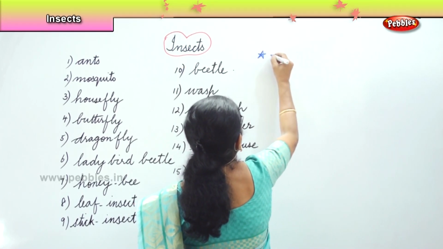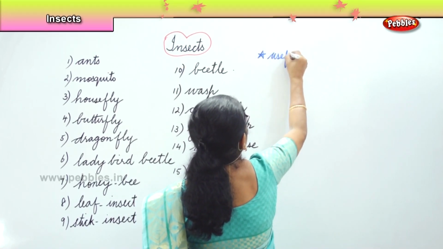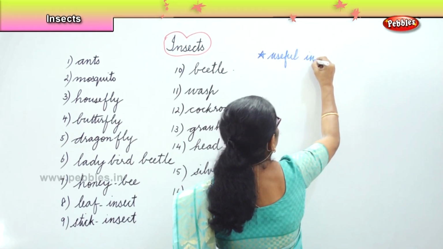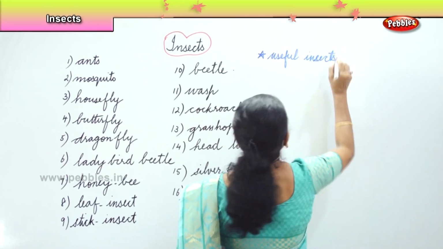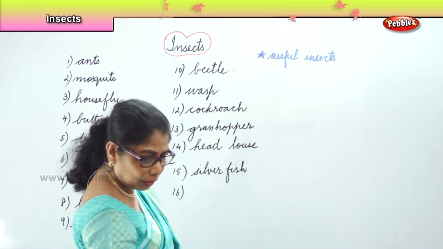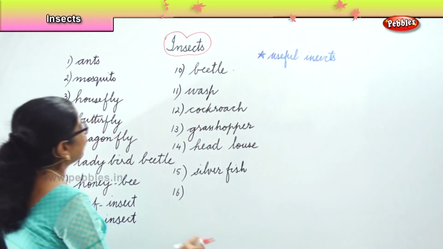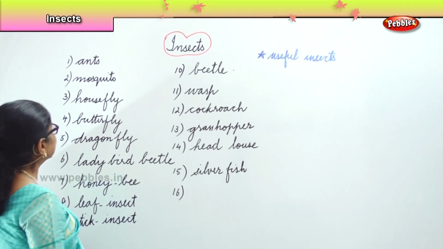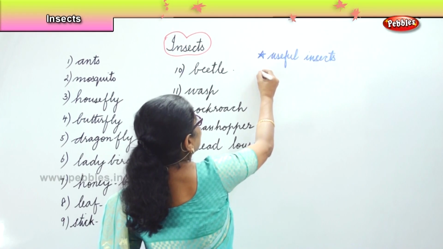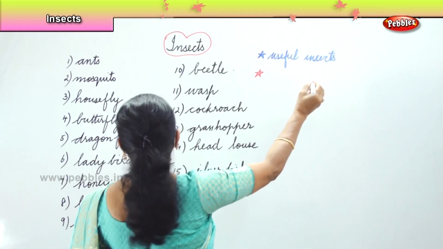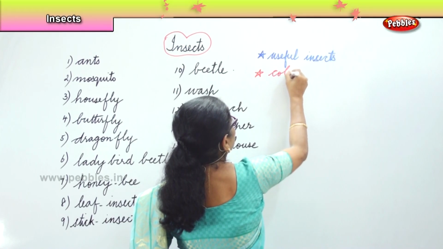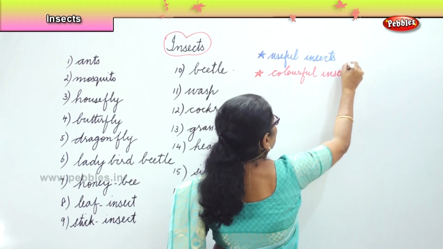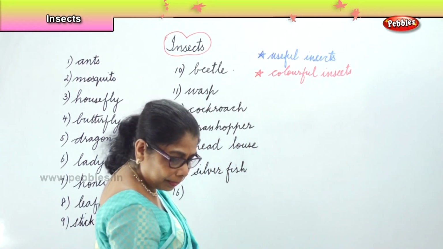Now we are going to look at the useful insects. Okay? What are the insects that are useful to us? Okay? Useful insects are, okay, next one, 1 minute. Useful insects, colorful insects, useful, colorful insects. Then we have